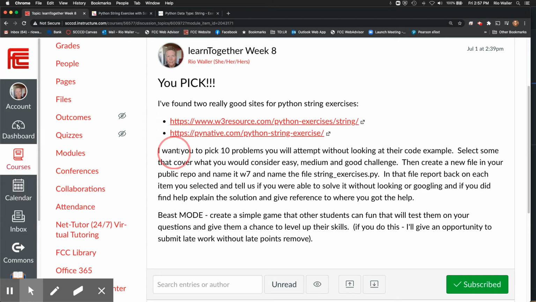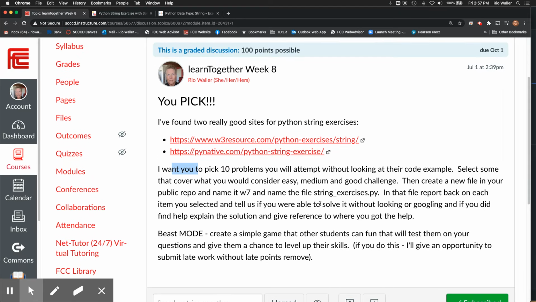So here's what I want you to do. And I've provided two sites. I'm sure there are others. If you have others that you like, you're welcome to choose them. But what I don't want is to see the same problem chosen more than one time. So if you choose one, and this is where the sooner you do this work, the better it is. Because if you don't, you have to look through everybody else's at least. And you guys can make this simple in your reply or in your document that you're going to create. So let me complete this, and then if you want to ask me questions, you of course can.